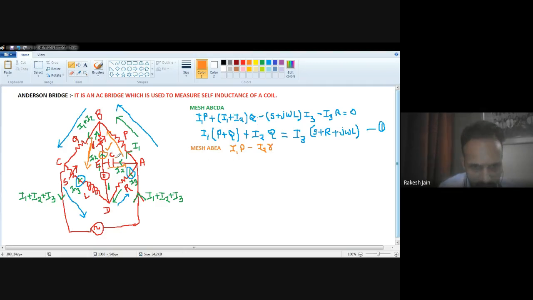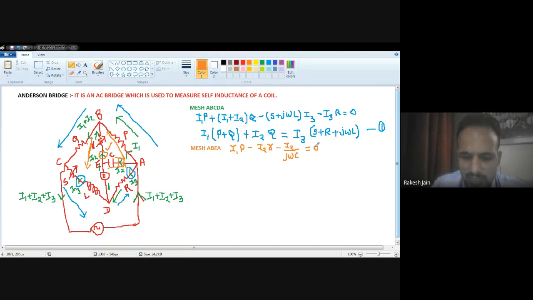Then I have to go in this direction, E to A. From left to right I am going, but the current direction is opposite, which I encircled now. The current direction is I2. So I have to write it with negative sign. So that is minus I2, because this is also a reactive element, but it is a capacitance. So I have to write it as 1 upon j omega c. So when I multiply them, I2 with 1 upon j omega c, it will be I2 divided by j omega c. So this mesh gives I1P minus I2 r minus I2 upon j omega c equal to 0.